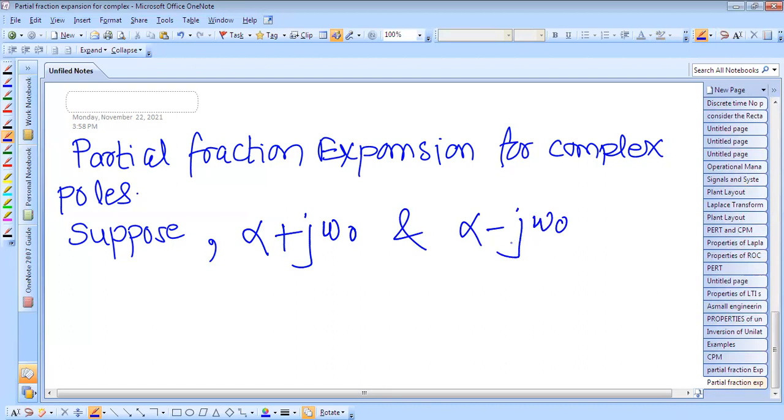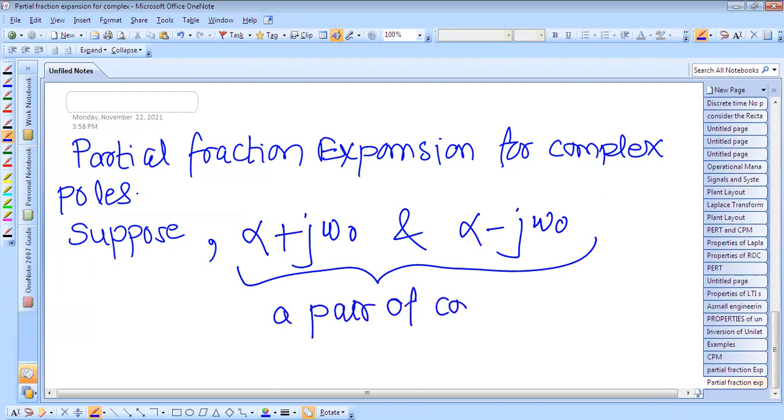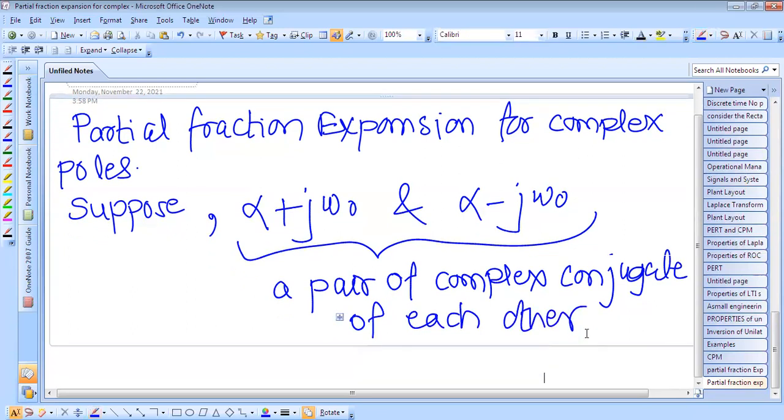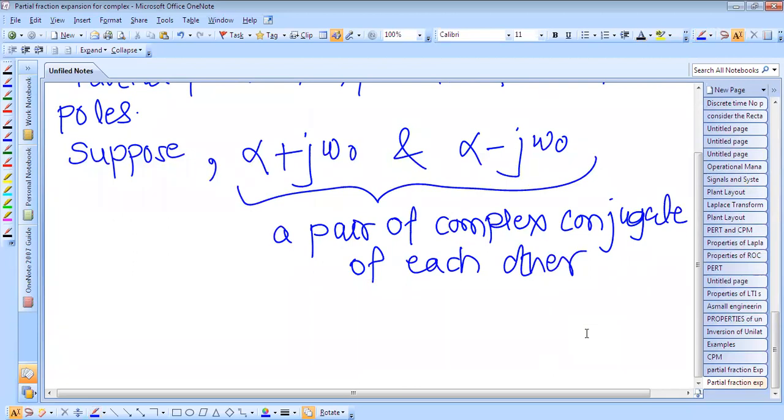This makes a pair of complex conjugates of each other. So these are the complex poles, and therefore the first order terms associated with these two poles in the partial